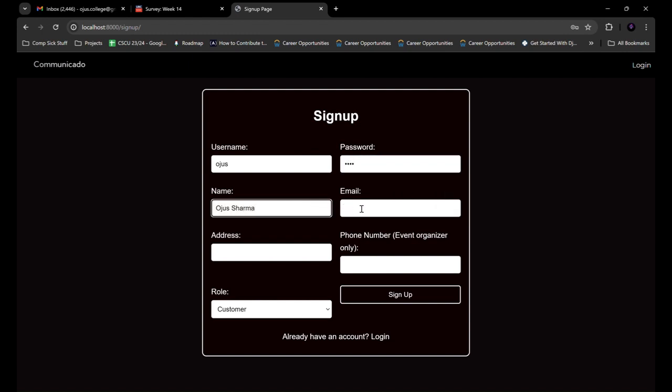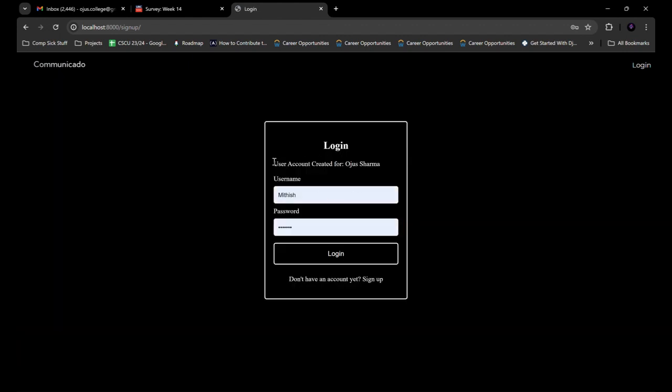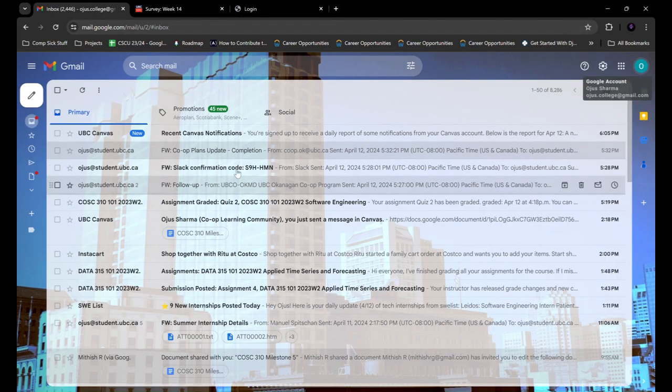Also, once the user is added to the database, the user receives a confirmation email that their details have been added to the Communicado database and that it is secure with us. We have set our role to customer because I am, as a customer, adding myself. So as you can see, we get a success message as well that a user account has been created for Ojas Sharma. And if we go to the mail,